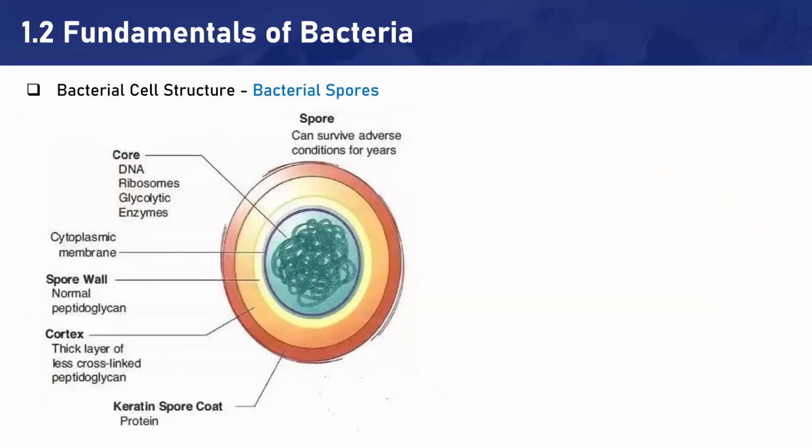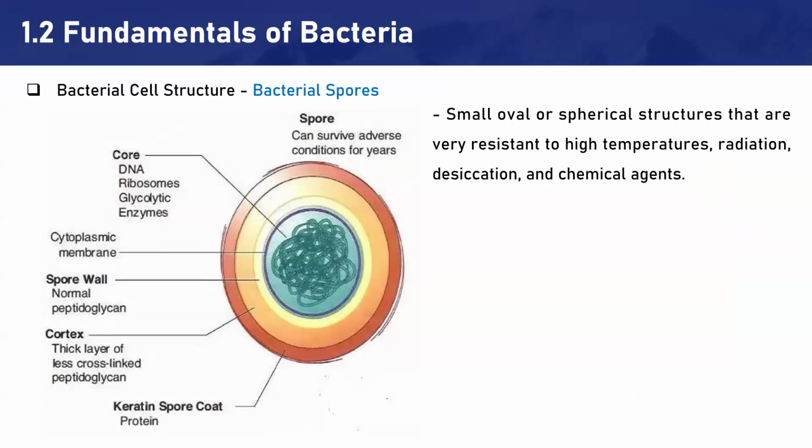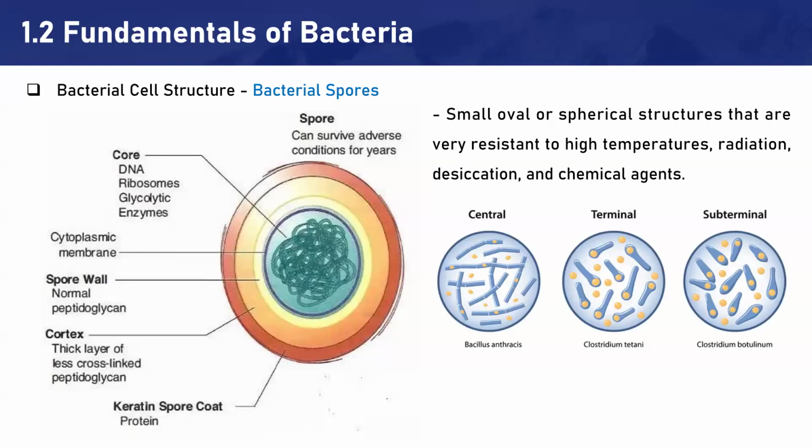So about the bacterial spore: a spore is a small oval or spherical structure that is very resistant to high temperature, radiation, desiccation, and chemical agents. It is very important for bacteria that can tolerate high temperatures or high levels of chemical agents. So we can see the spore of the bacteria can be located in many positions,